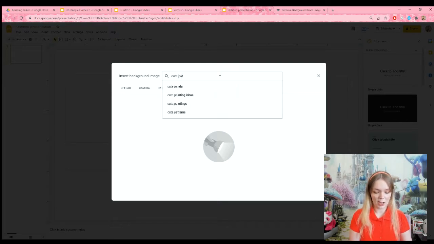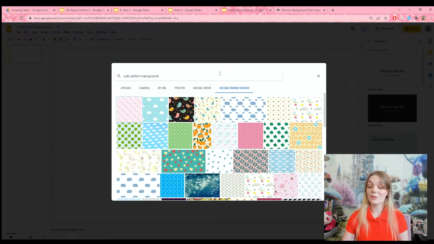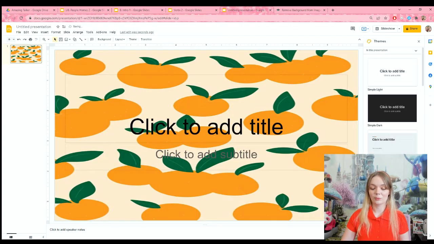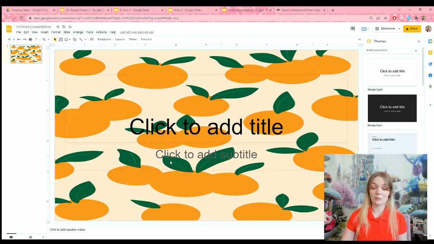cute pattern background. I don't do this very often, however, because watch what happens when I click on this orange. Check that out. This doesn't look exactly the same, does it? It's all stretched out because it made it fit the screen perfectly, and it just doesn't look very good. So instead, most of the time, I do this. So we're going to undo,